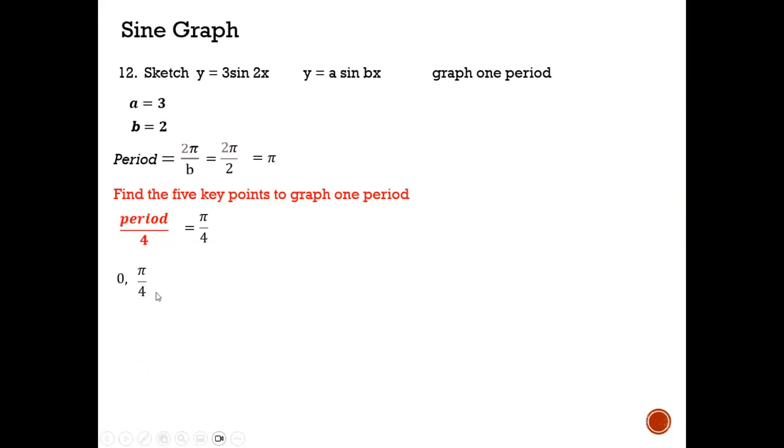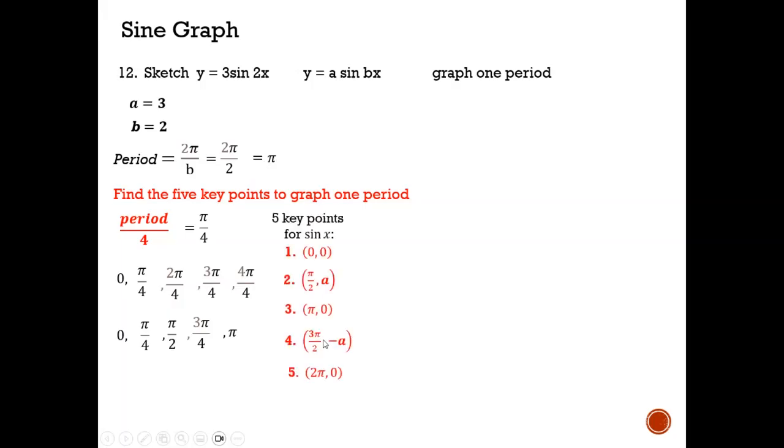So 0 plus pi over 4, pi over 4. Add another pi over 4, we have 2 pi over 4. Add another pi over 4, 3 pi over 4. And then add another pi over 4, 4 pi over 4. We're going to reduce all of these values. Pi over 4 stays, 2 pi over 4 is pi over 2, or 1/2 pi. 3 pi over 4 stays, and 4 over 4 reduces to 1, or just pi. So that is our period. And again, we used the period divided by 4, pi over 4, to help us get the x coordinates of our